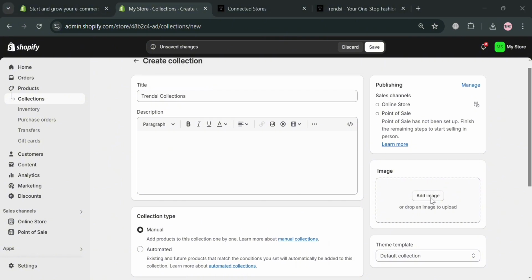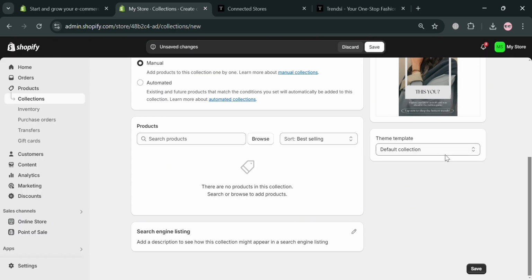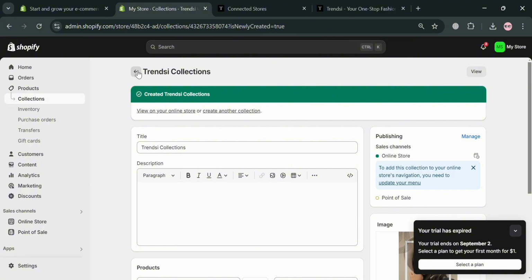You could also upload here images for this collection from your computer files, choose your theme template in here, and many more. So basically, after filling out all of the required information, including your title, description, your collection type, which is I choose manual, adding images, you can now proceed by clicking the save button below to proceed. And after successfully adding or creating a collection section on Shopify, we can now proceed or